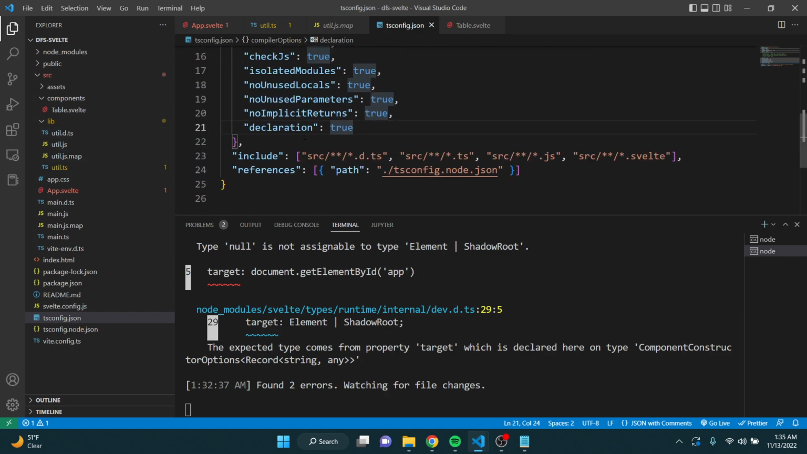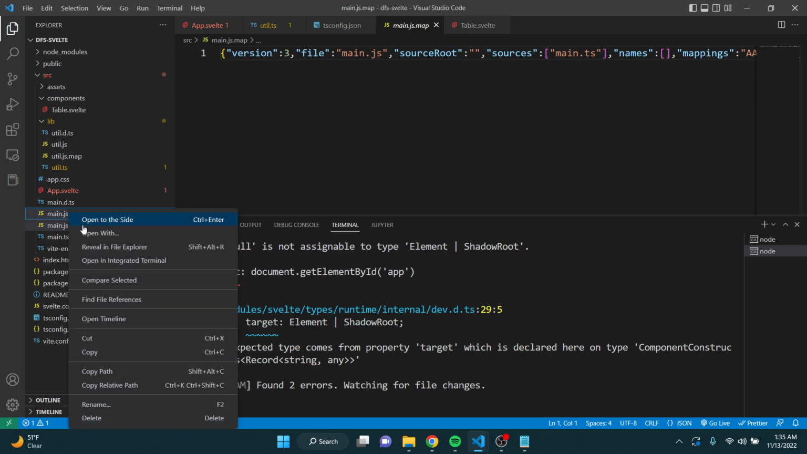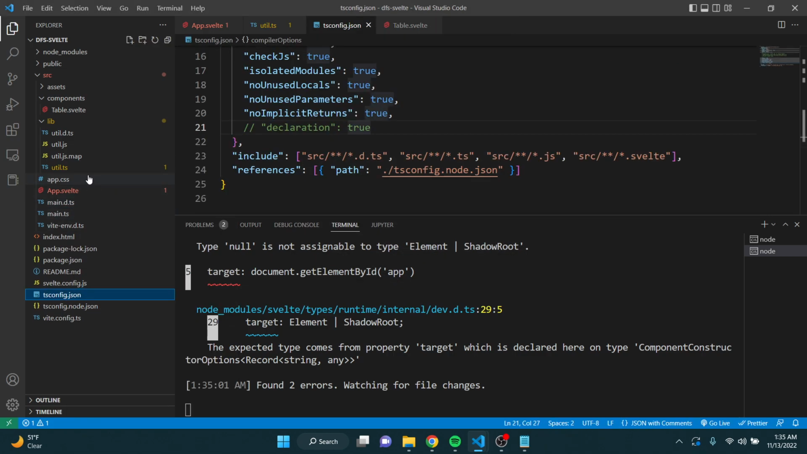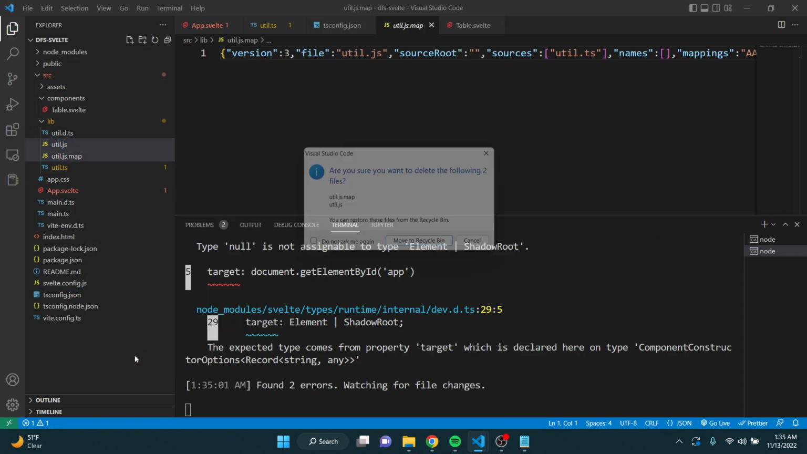So let's go ahead, and I'm not using that, I guess. And I want to get rid of a bunch of stuff that it created. Like, what did it create? This map. I think it created these. To know for sure,